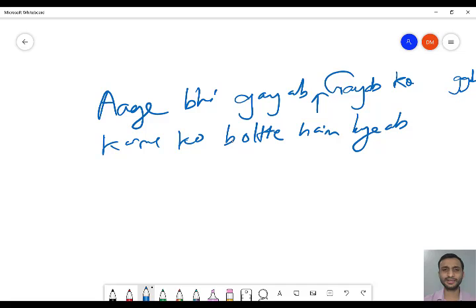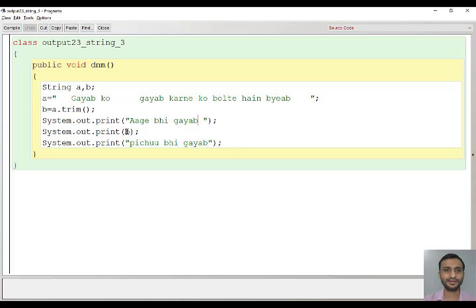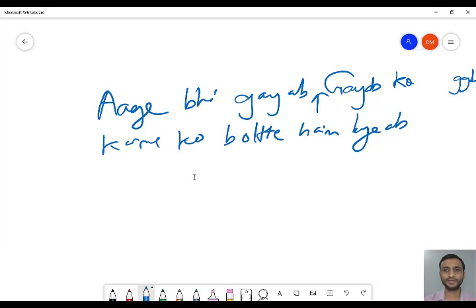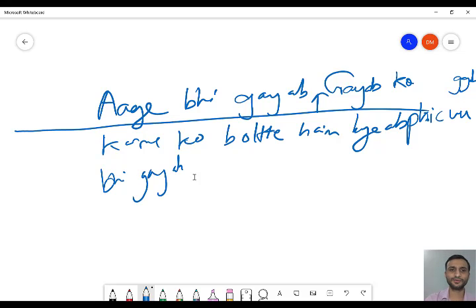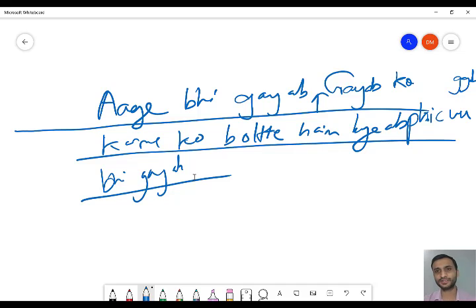It is one sentence. Since there is not much space for me to write, I am writing in 2 lines, and then it will print pichu bhi gayab, and there will be no space here because there is no space present or deleted. Pichu bhi gayab, and this is one single sentence. Because of space restriction I am writing 3 lines, but this is one single sentence.